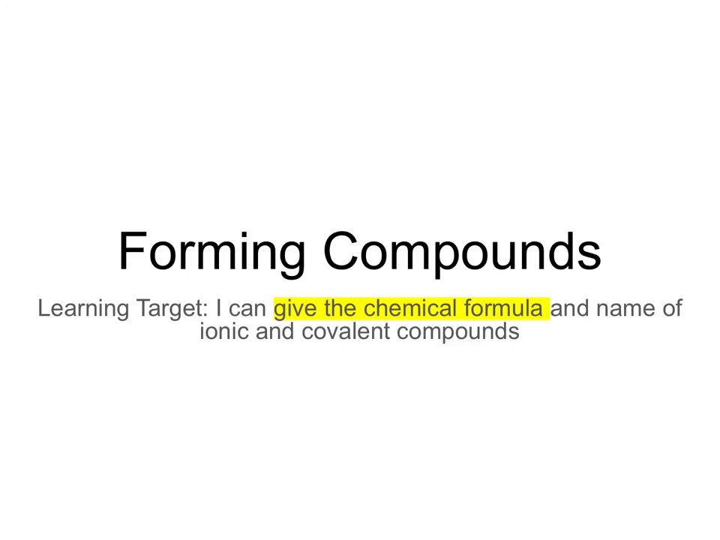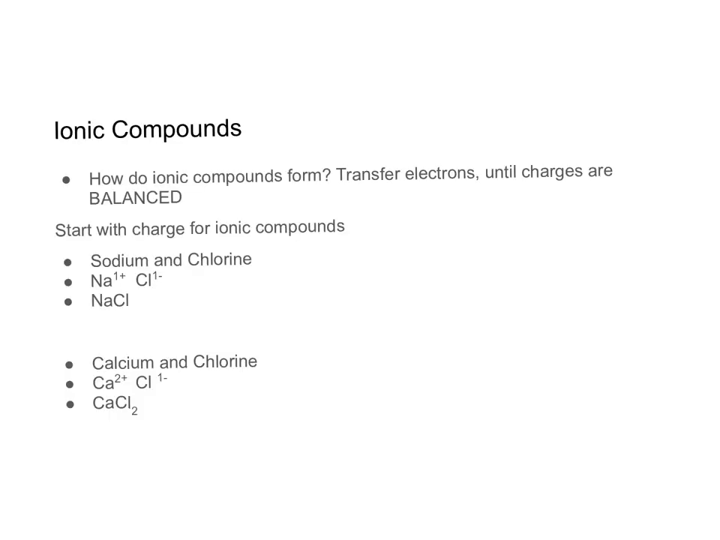This lesson is about forming compounds, and the learning target is to be able to give the chemical formula and name of ionic and covalent compounds. And this video is specifically going to work on finding the chemical formula for these compounds made by two different elements. So when we're talking about ionic compounds, they're forming because electrons are transferring from one atom to the other,